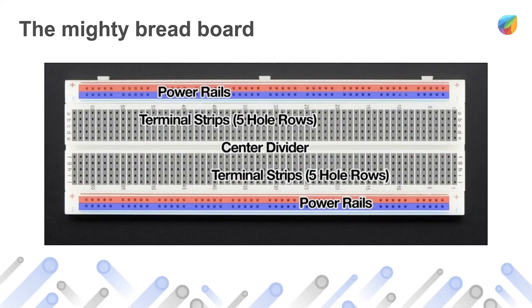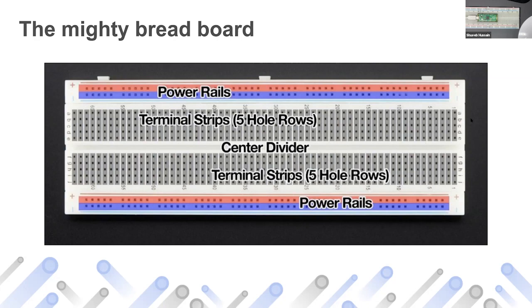So folks, the easiest way to get started with the Raspberry Pi Pico is to use a breadboard. Don't be scared of the breadboard. It's super simple to understand. You have what we call power rails on the top and bottom. These are connected from end to end. Certain boards have a break in between, and you can connect them using two bits of wire, and then they'll be connected through and through. So you can use the power rails on the top and the bottom for power.